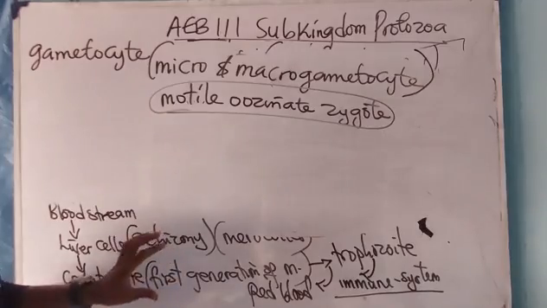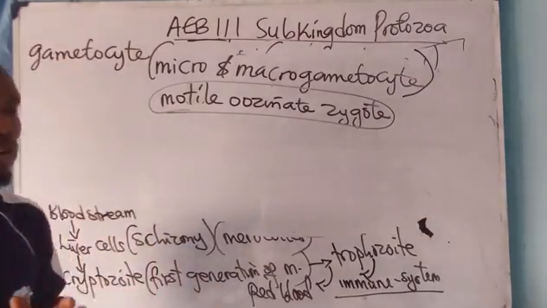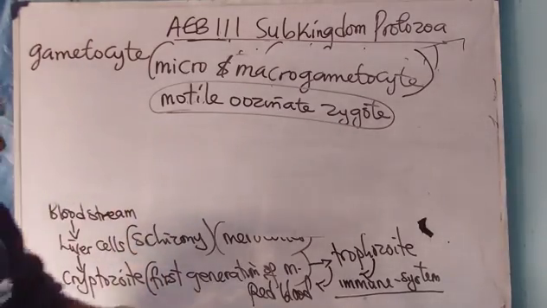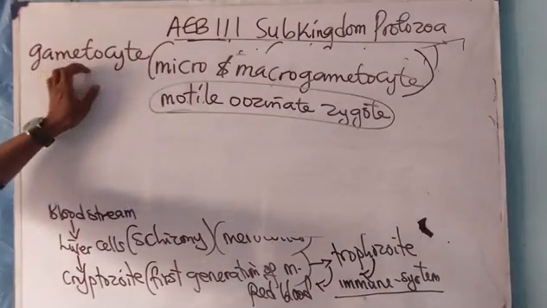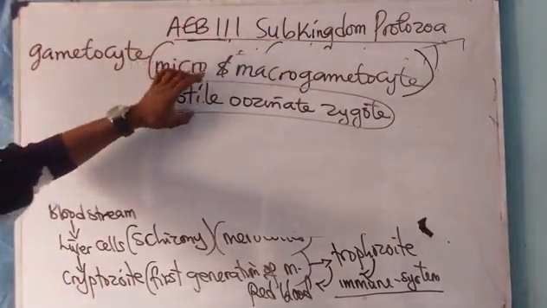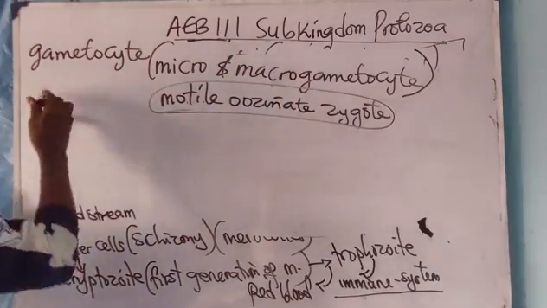Please, the stage I just gave is the life cycle in man. So it stops here. This gametocyte stage is where it stops. In man, the ookinete zygote is not formed. Now, in the mosquito,